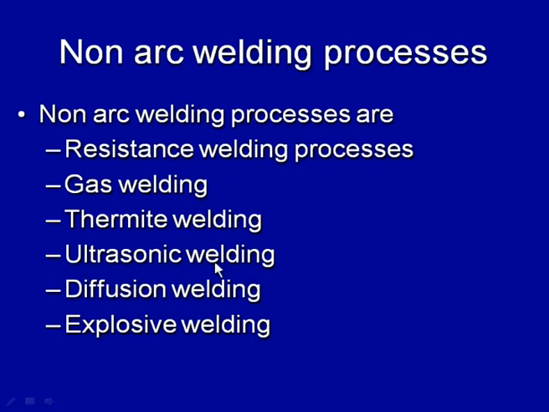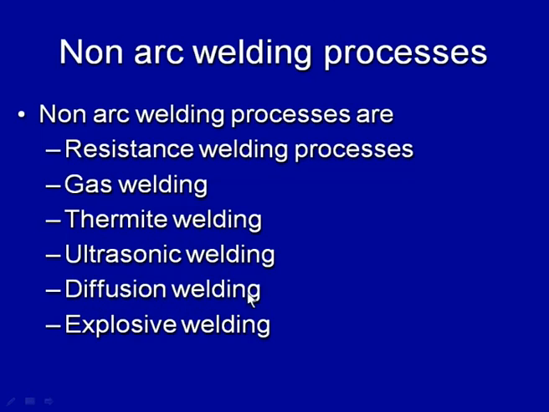Similarly, in ultrasonic welding, there is no arc and the required frictional heat is obtained through the mechanical energy in the form of ultrasonic vibrations, while in diffusion welding absence of arc is also there, but here the metallic continuity is obtained by the diffusion through the interface between